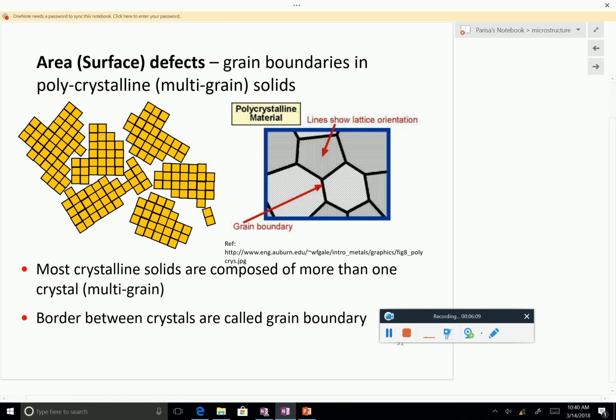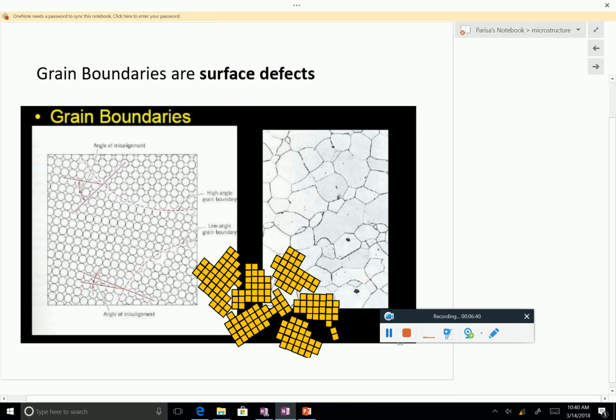So we said we have point defects, linear defects, areal defects. Areal defects are pretty much grain boundaries. Last time we talked about single crystals versus polycrystalline materials. When you have polycrystalline materials, you have grains, and the boundaries between the grains are where you can develop defects. Normally, they could be weaker than the grains themselves. And these are some microscopic images. Even if you look at aluminum or steel, this is how it looks under a microscope.